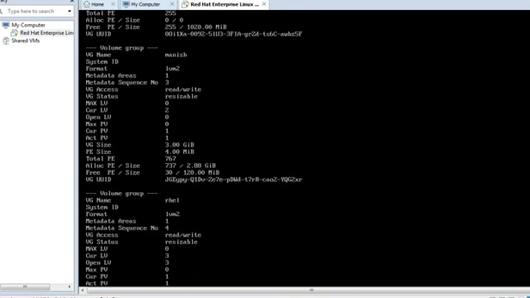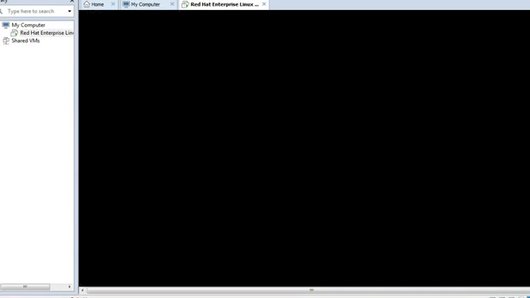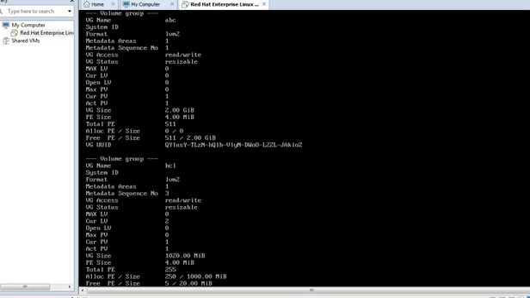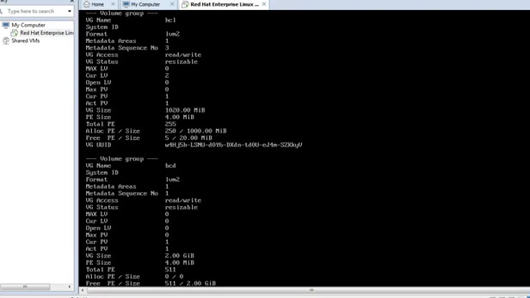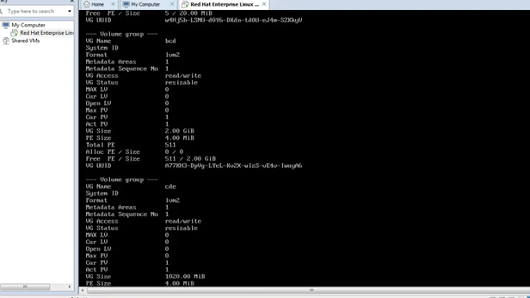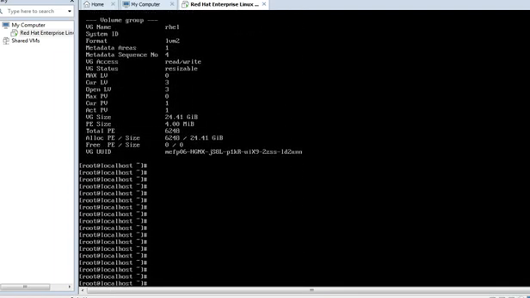The different volume groups are here. Okay, now let me first clear the screen. Let me show you vgdisplay more. Okay, now you can see them. BCD, we have just created CDE, ABC was in front, and these are the different volume groups.